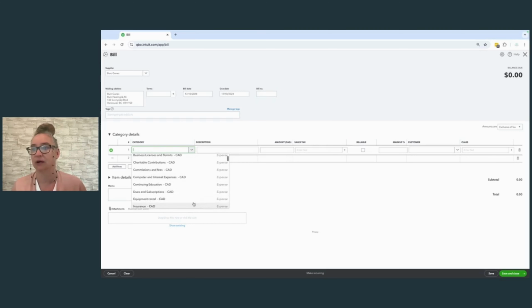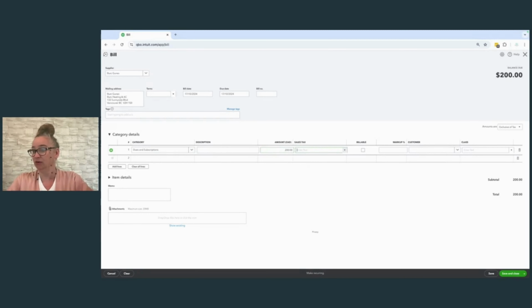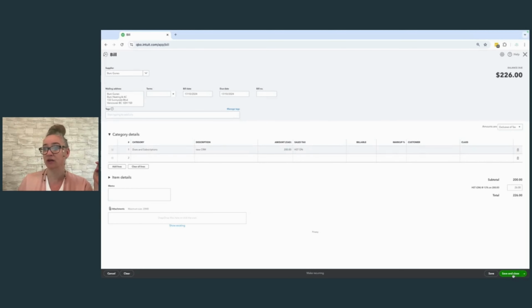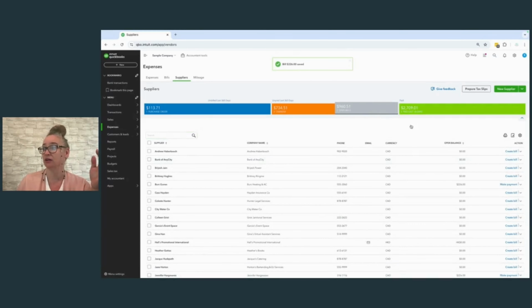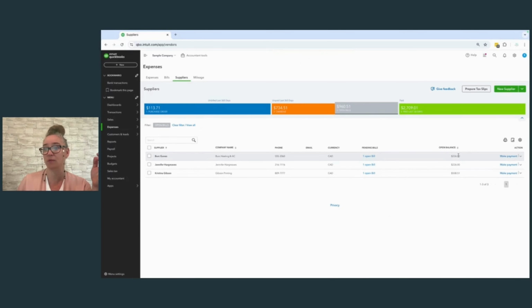It's fabulous. And then we'll go through and categorize. So let's say that this was a subscription cost for 200, and we'll put taxes on it as well. So we can go through, add, if we want to put a description in, this is just for our purposes. So if we wanted to remember what this was for, let's say it was a new CRM, and there we go. So then we would save and close, and then we would have that reminder that this open bill here